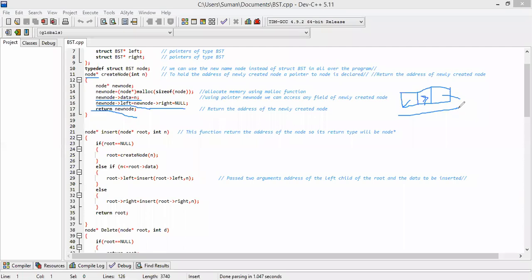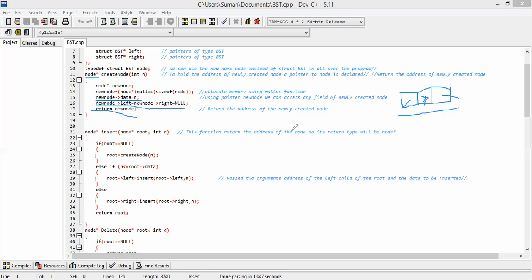So after this, the node is created. Now we have seen in the main function that we have called the insert function. And in this insert function, we are passing two parameters: the address of the root and the value of the data to be inserted.